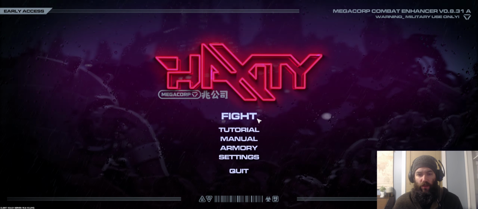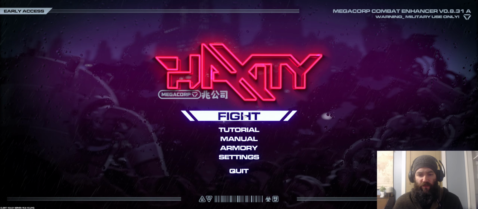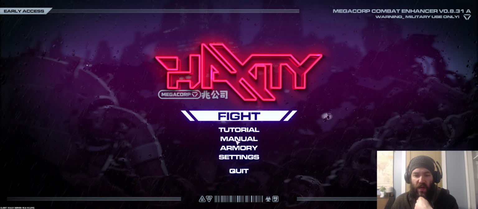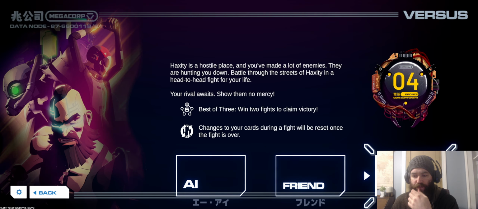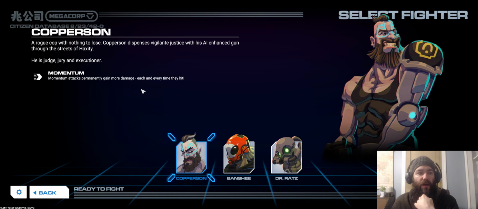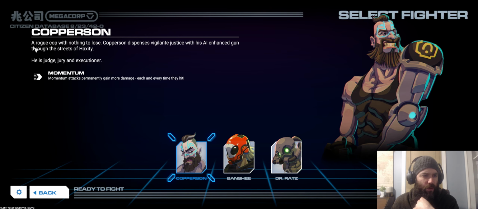Alright, fight. Oh, I already played the tutorial. So you can play against AI, friend, online. Do they still have... So they used to have... Maybe they just got rid of it. Okay. Yeah, so it looks like they got rid of it. They used to have like this whole progression fight where it was like a full-on draft mode, but it looks like that's gone. I don't have any friends, so we'll play the AI just to practice,